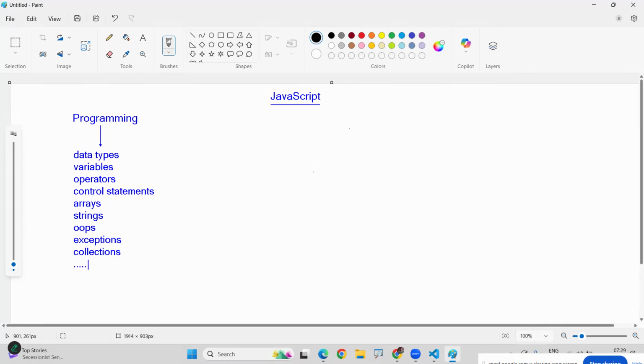Every concept is there. The JDK 8 features are linked; we can call them ES6 features here. All the programming concepts are present here, but